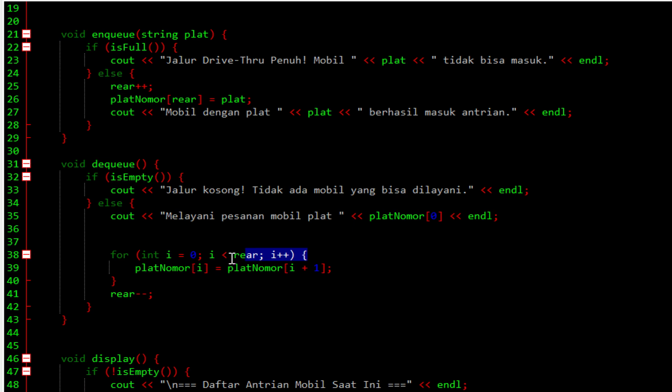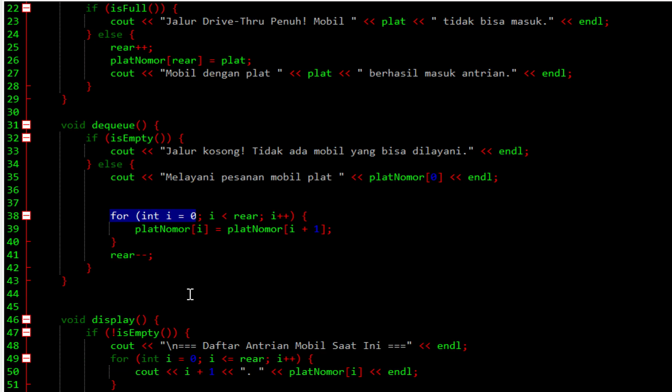I use a for loop like this one: for integer i equals 0, and so on. This shifts every car one spot forward. For example, the car at index 1 moves to index 0, index 2 moves to index 1, and so on. After shifting, we decrement rear.